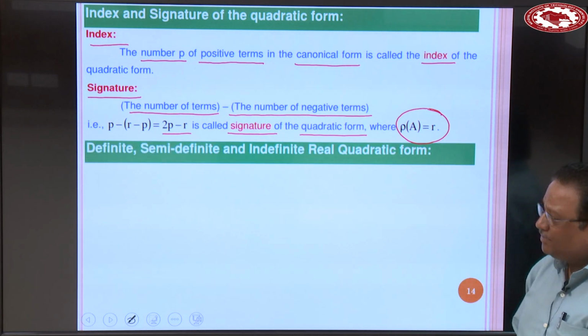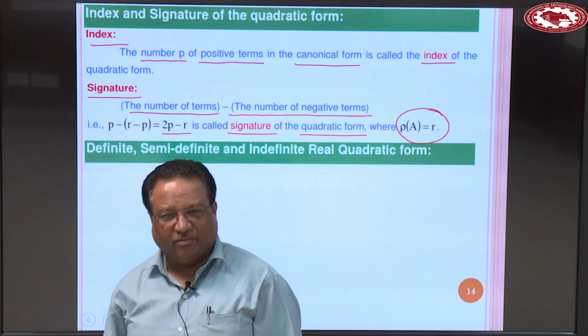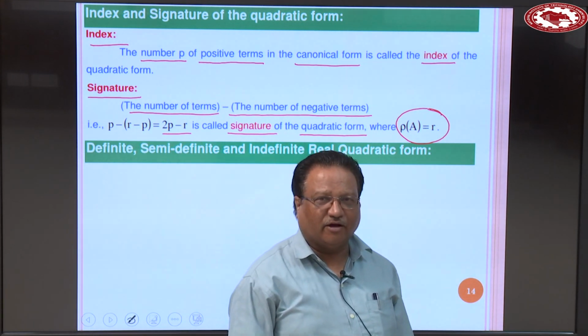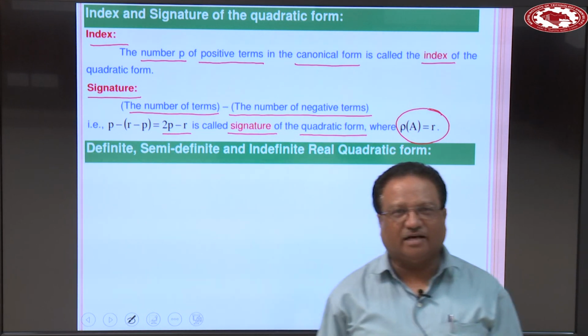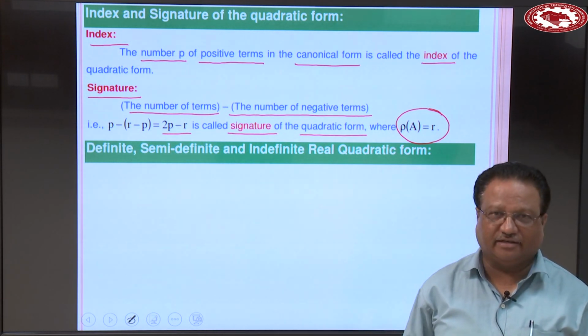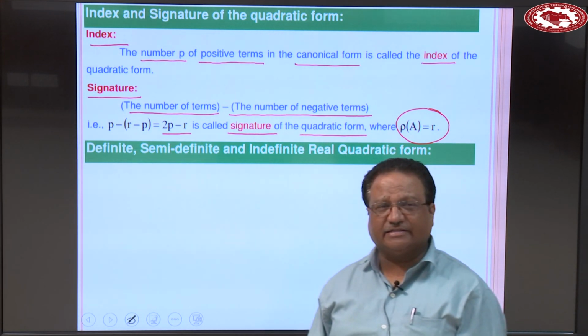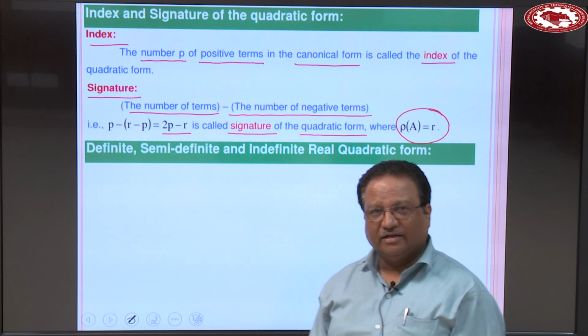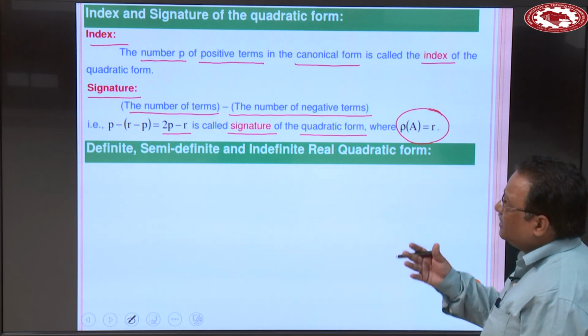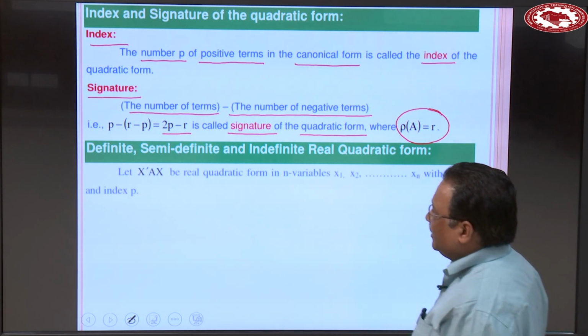Clear? तो कभी कभी क्वेश्चन में ये पूछा जा सकता है व्हाट इज द इंडेक्स ऑफ दिस प्रॉब्लम, ओके, दिस कैनोनिकल फॉर्म। तो होता बहुत आसान है, ठीक है। अगर आपको पता है कि व्हाट इज इंडेक्स, व्हाट इज सिग्नेचर, तो आप एक सेकंड में लिख सकते हो। और इस टाइप की छोटी छोटी प्रॉब्लम्स आपके गेट एग्जामिनेशन में भी पूछी जा सकती हैं। ओके, सो यू जस्ट लर्न ऑल दीज डेफिनेशंस, व्हाट इज इंडेक्स, व्हाट इज सिग्नेचर।